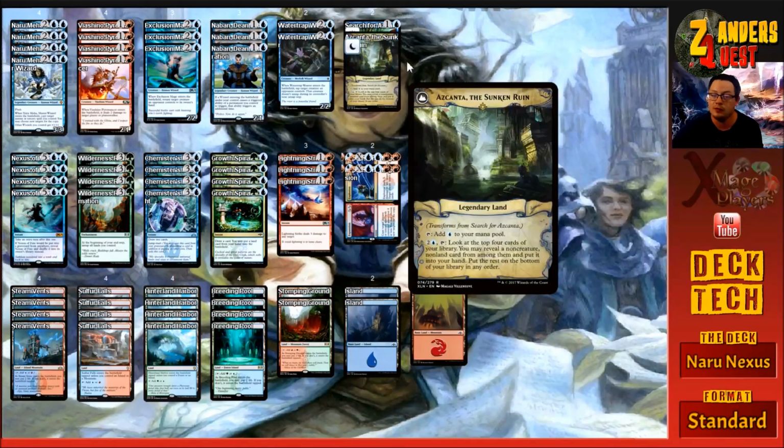If there are 7 or more, you may flip it. Eskanter, the Sunken Ruin is what it flips into, a legendary land that has tap: add blue, or you can pay 3 and tap, look at the top 4. Then you can pick a non-creature, non-land card from among them, put that card in your hand, and the rest